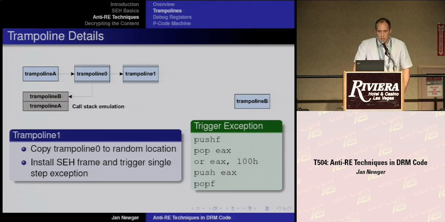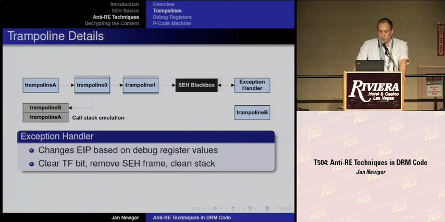First of all, the EFlags register is pushed to the stack, and the trap flag is ORed in, and finally it's applied. So upon the next instruction, a single step exception is triggered, and the aforementioned SEH handler is invoked